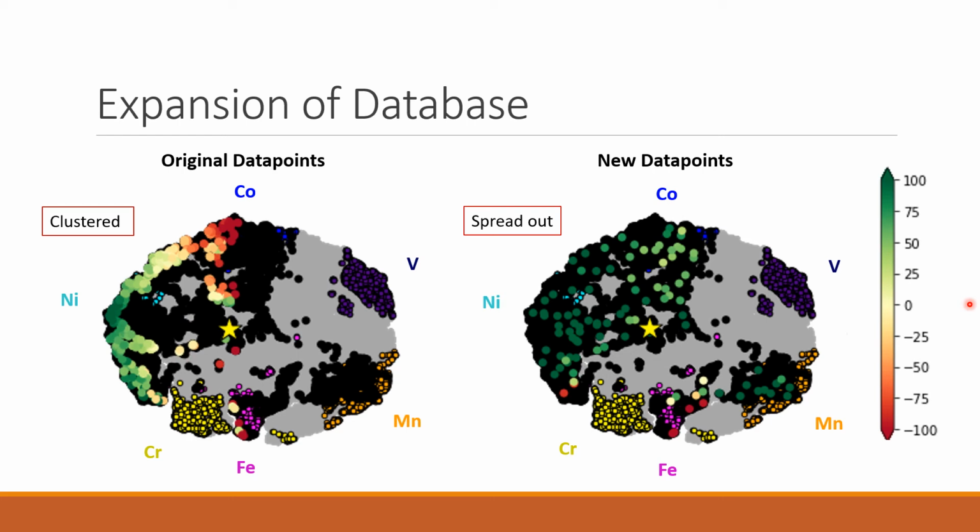We wanted a robust model, so over the course of the summer, we added 100 more points, shown in the right figure. Note how the points on the right are more spread out than those on the left.